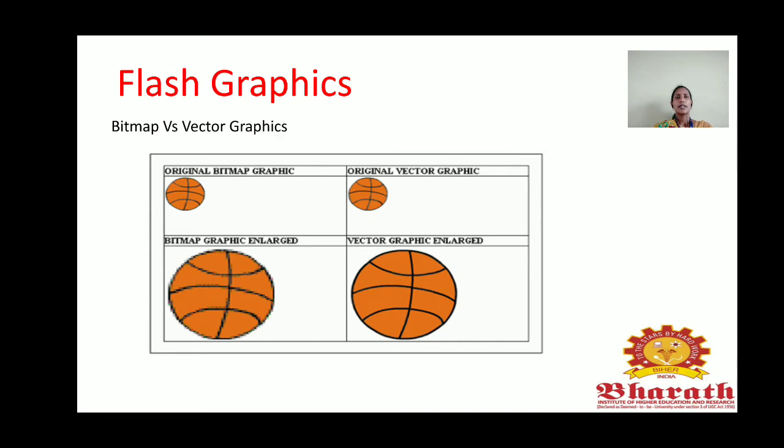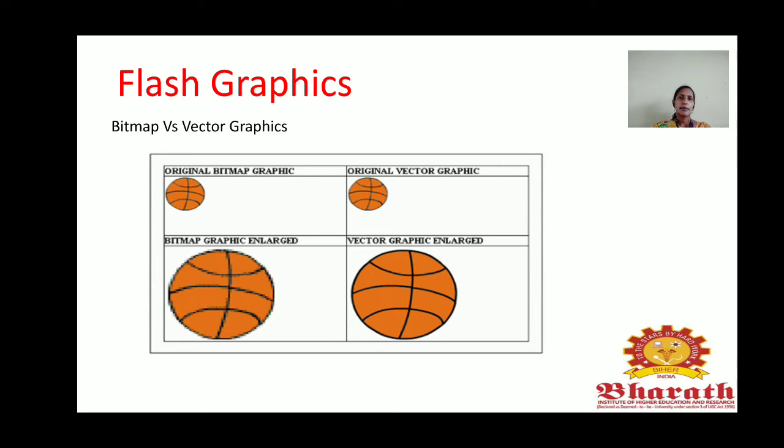And next, when you are designing Flash graphics, there are two kinds of graphics, as we know: bitmap graphics and vector graphics. Coming to bitmap graphics, the original bitmap graphic is, say, one small ball image.